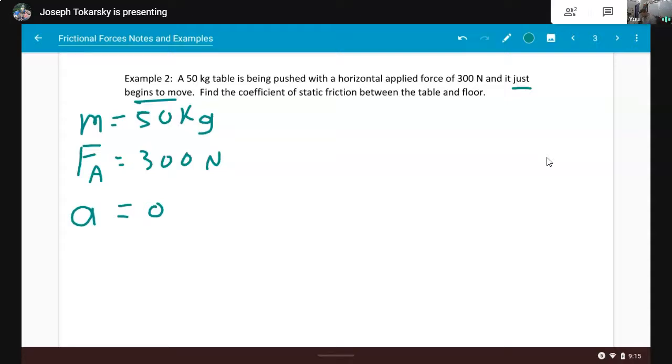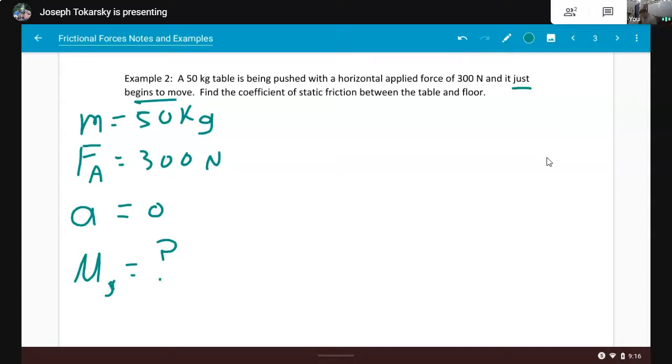This time, we want to find the coefficient of static friction. We're not looking it up in a table. We couldn't. We don't know what this floor is made out of. We don't know what this table is made out of. We can't look this value up in a table without knowing the specific values. And also, remember those tables, even when we do use them, are average values of those types. There could be all kinds of variations of materials. So if you really want to get a true mu static value with two specific surfaces, you do it experimentally and use this kind of math to solve for